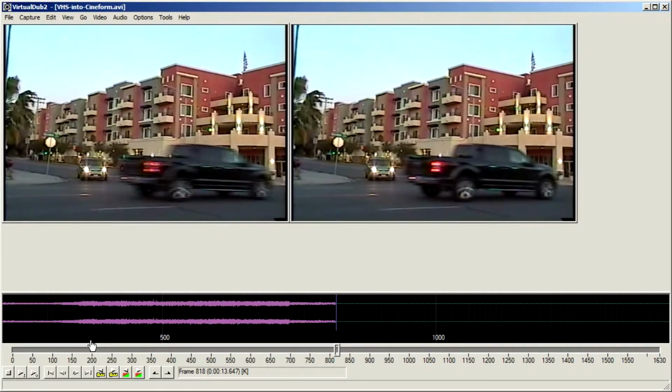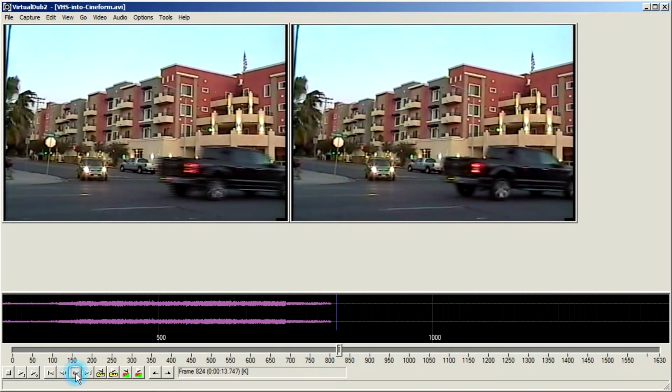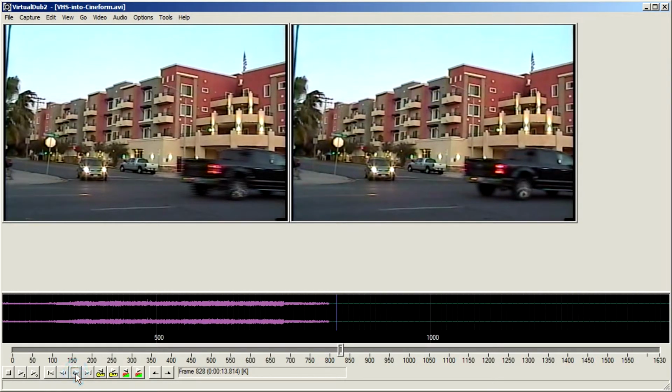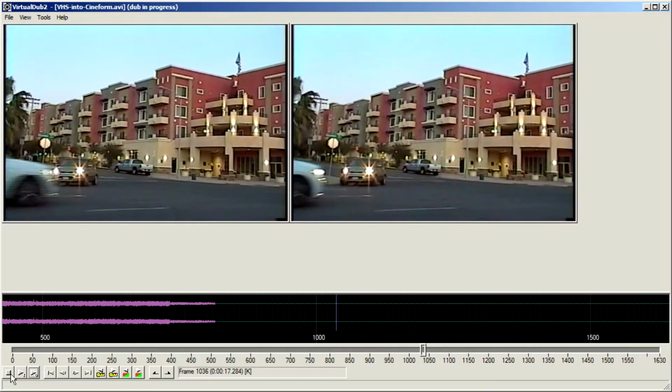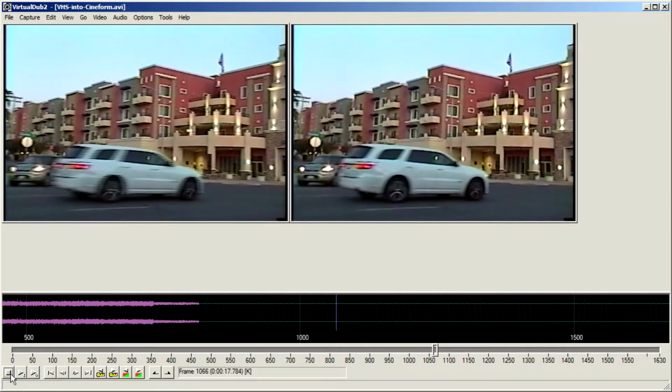Let's verify. Now the truck moves forward with each frame advance. So this is the correct setting. What I have just done is convert my 30 frames per second interlaced video into 60 frames per second progressive scan video that I can upload to YouTube, and it will not have ugly combing and it will be silky